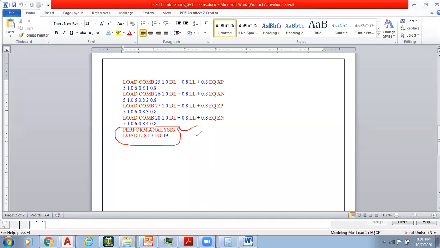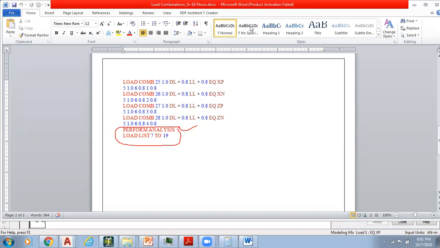Can you all please note down on your paper or notebooks: we have to add a load list to StatPro once we perform the analysis. Do not forget to add the load list to the stat model.